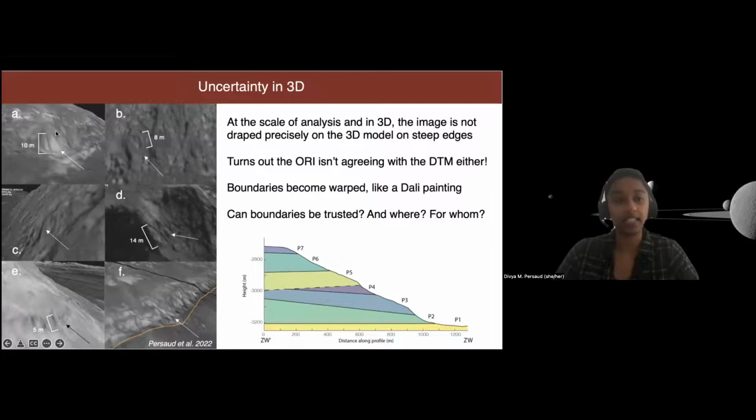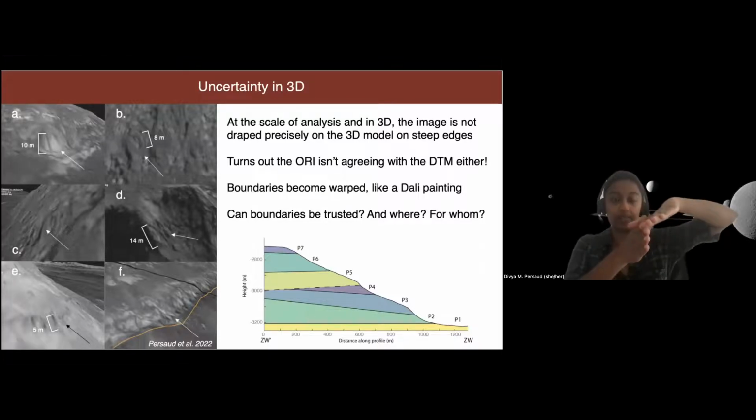You see here there's this Dali-esque draping of the image over these edges. You can imagine that you have a cliff edge that's pretty steep, and if the image is off by a few pixels, suddenly you have it draped over a different area. So it looks like it's in the wrong place, like it's melting.